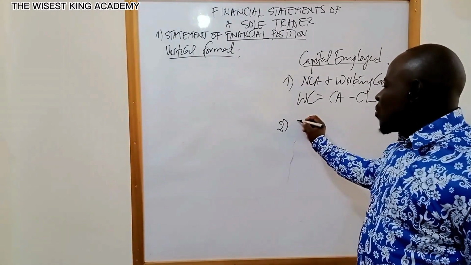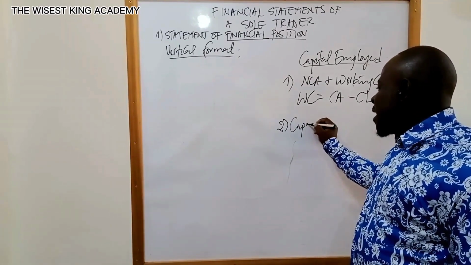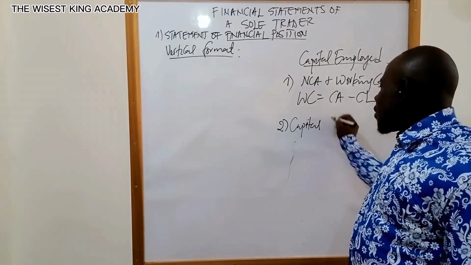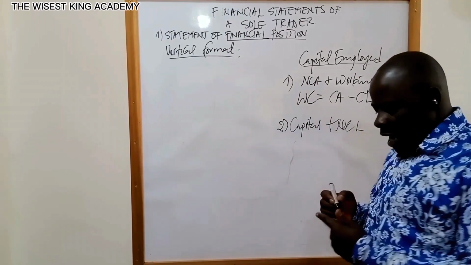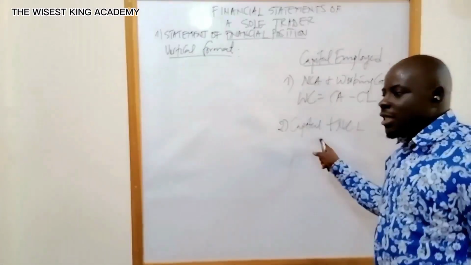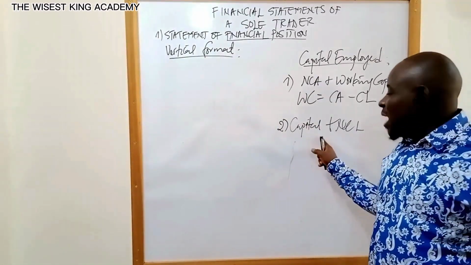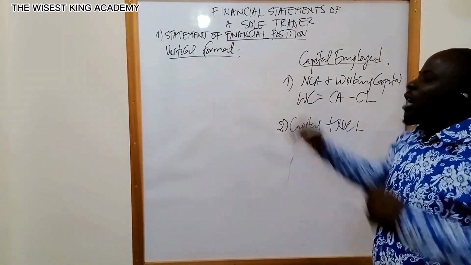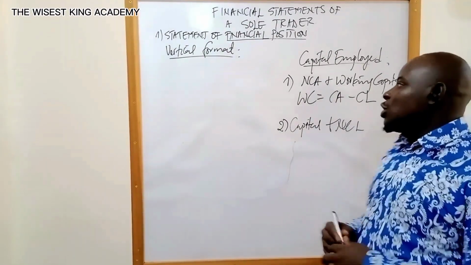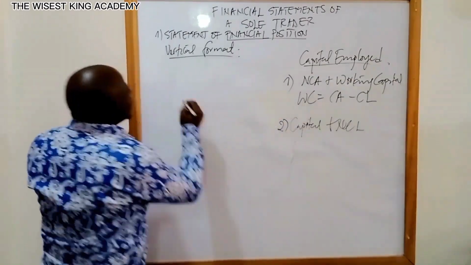it is calculated by taking what? Capital plus non-current liabilities. Please, let us not forget, capital is affected by net profit and drawings. So this is actually reflected in the horizontal format. So if I should put this down here,